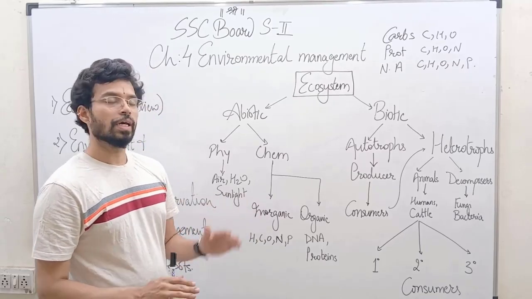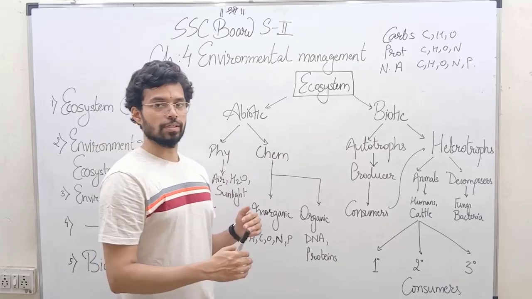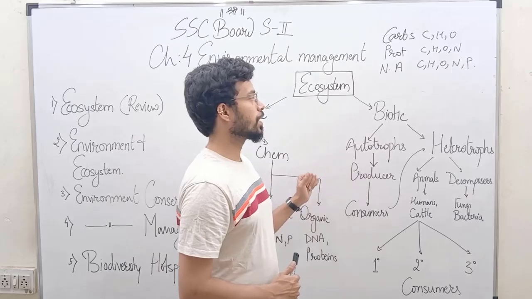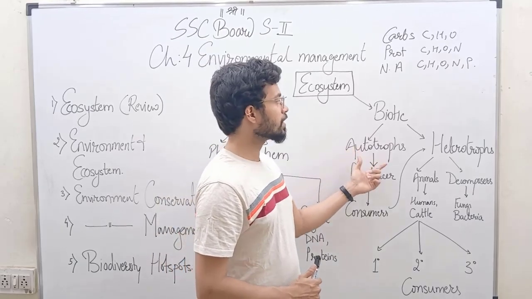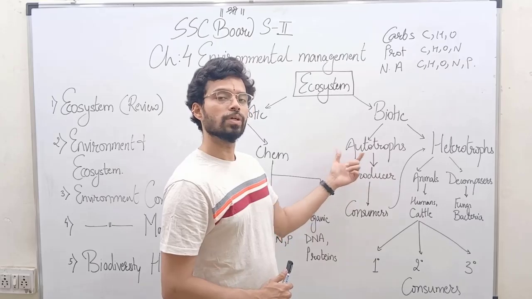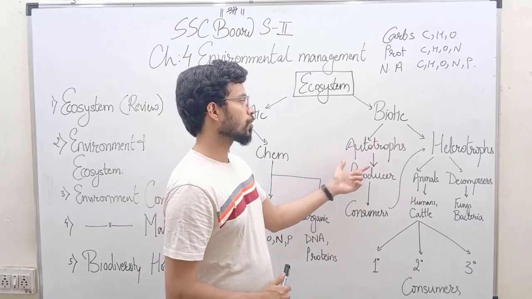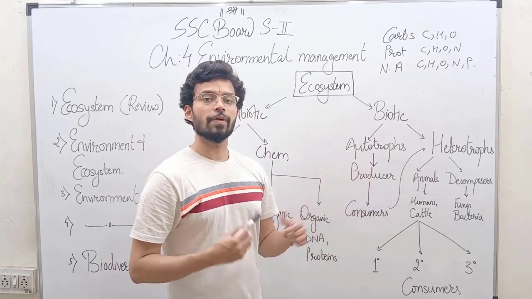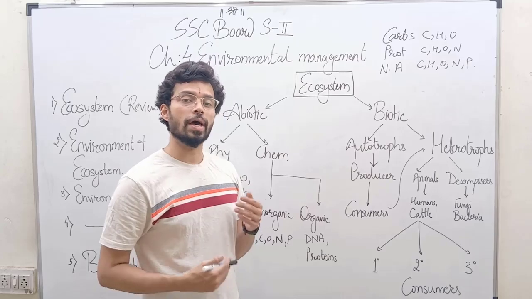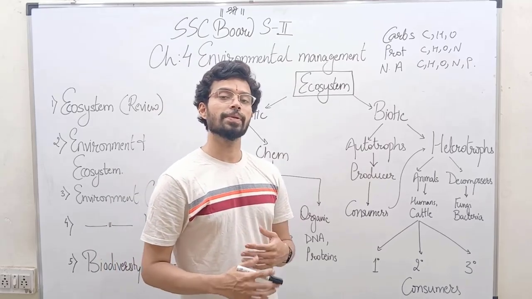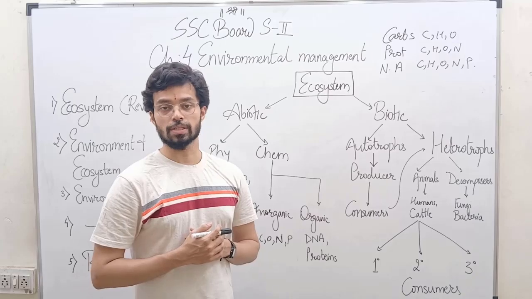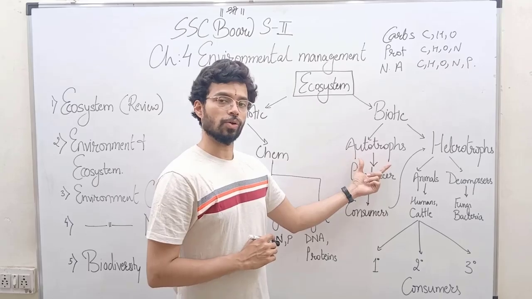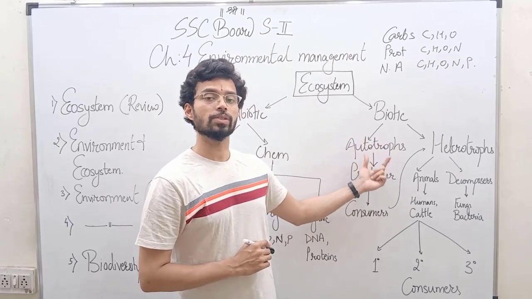They don't have life. Anything that has got life in it or the living component to it is termed as biotic factors. Now let us see what the biotic factors are. Biotic factors are further divided into trophies, right? Autotrophs, heterotrophs, right? Autotrophism is when you produce your own food. You are able to make your own food. Best example is algae and plants which photosynthesize. So they are able to make their own food, right? So they are termed as autotrophs, and the phenomenon is known as autotrophism.